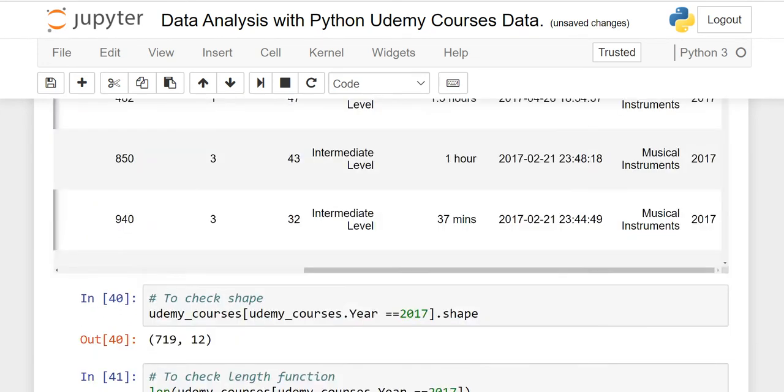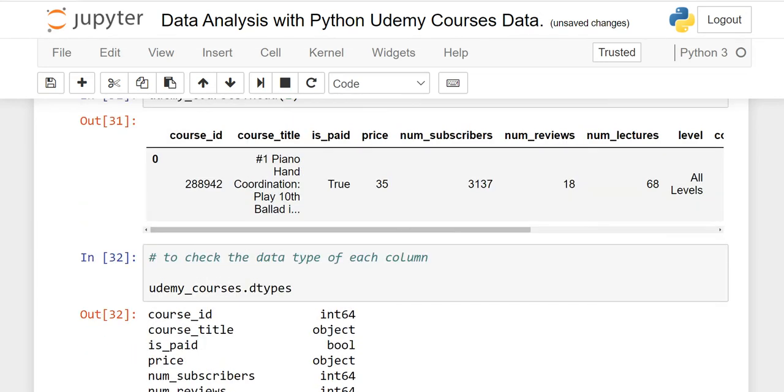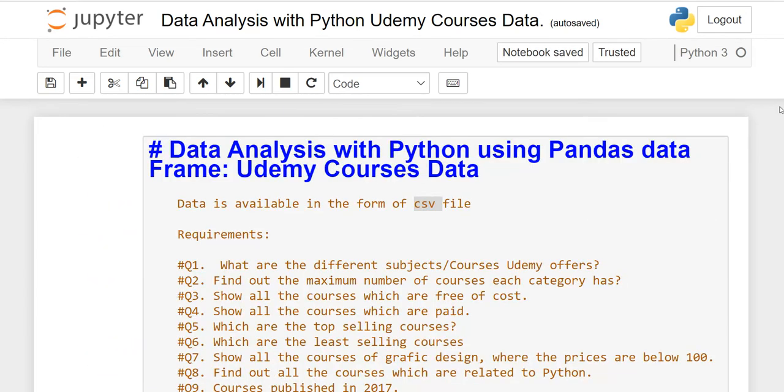So in this data set, in this lesson, we have learned a few new syntaxes. We did some revision as well. So please practice it. See you with a new data set, and thank you so much.